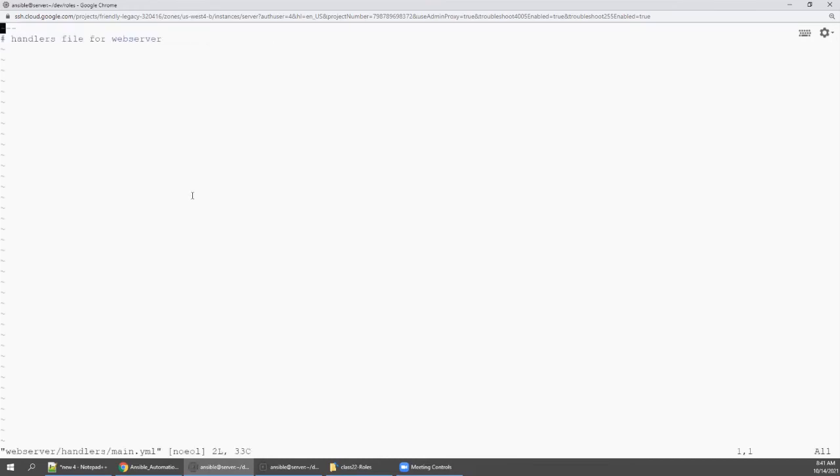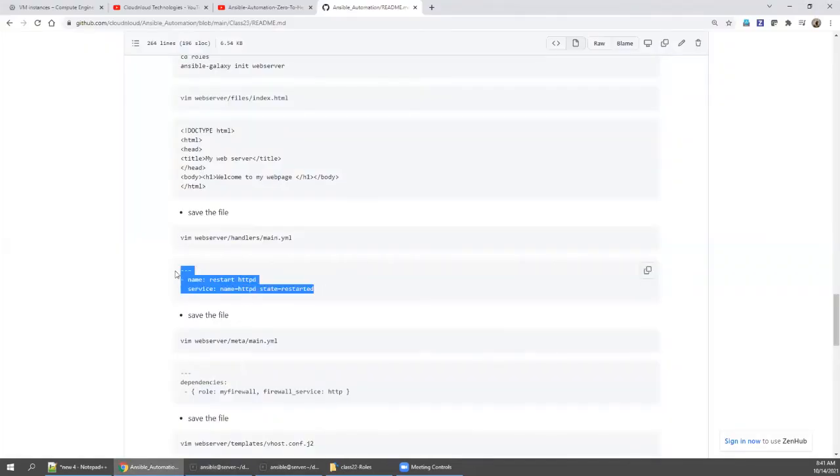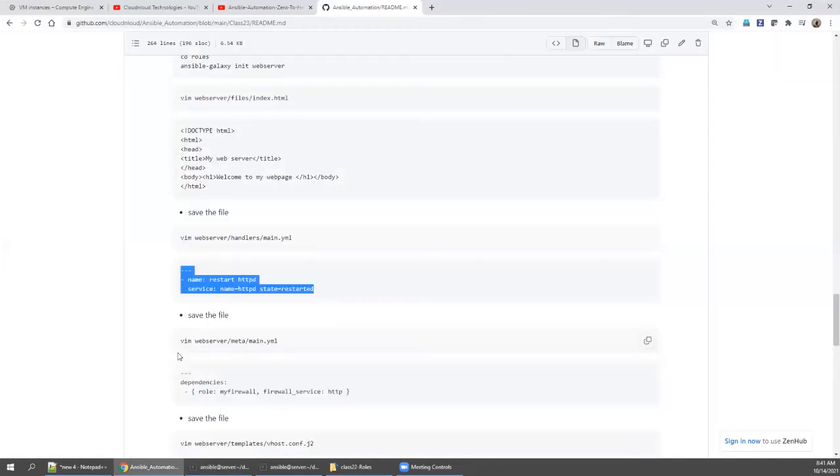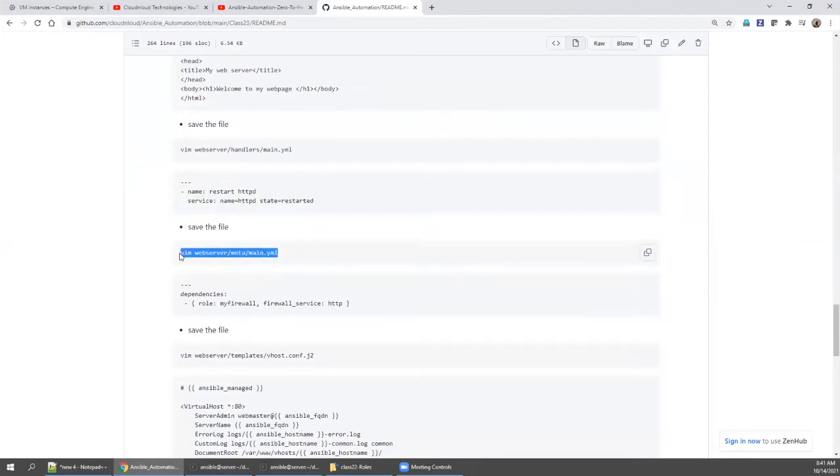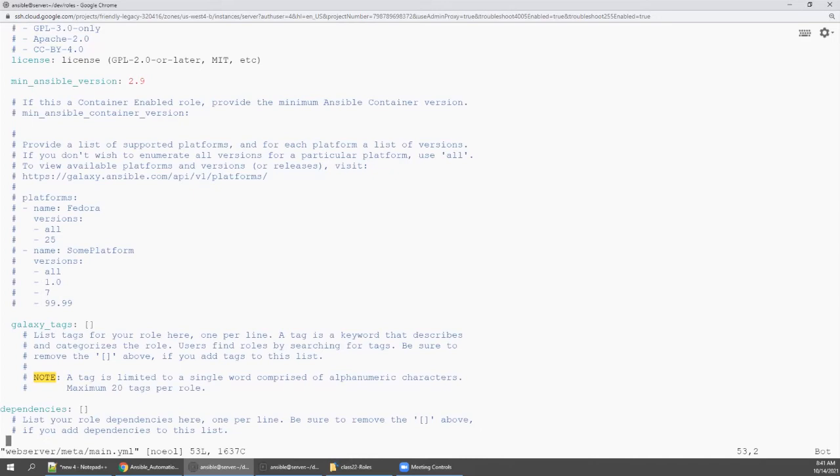Then you create the handlers, because whenever you change any configuration file, you need to restart the service, right? So I'm emptying it, otherwise it will throw an error, because the syntax will be duplicated. So I'm going to copy this, come down, and open main.yaml in meta, because we need to call it first. As I said, if you put any entry in meta, the meta will be executed first. Then only it will come to tasks.